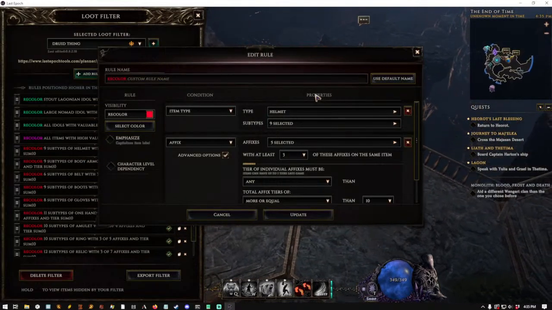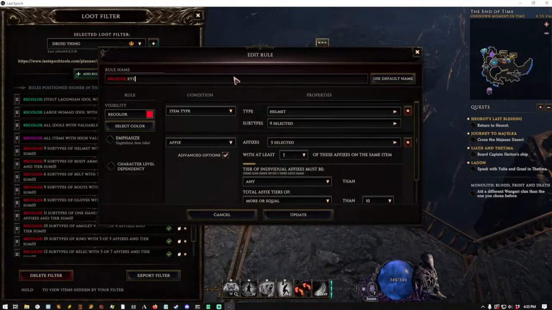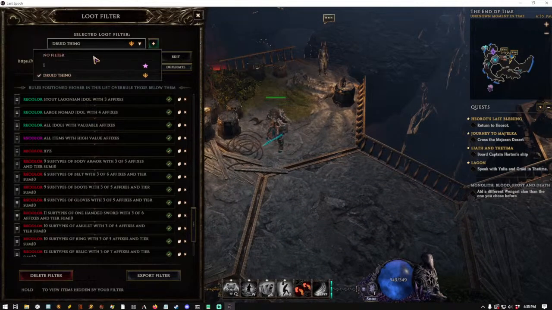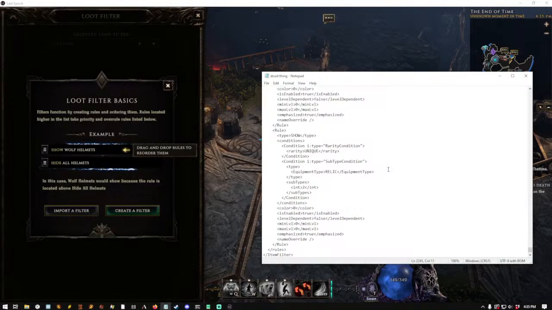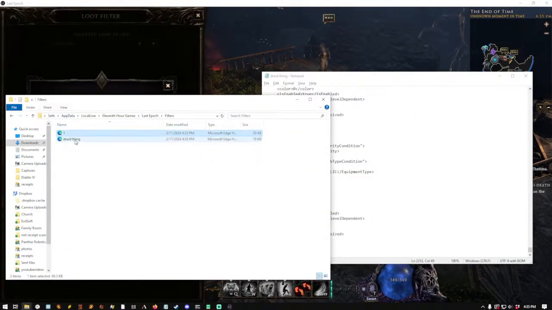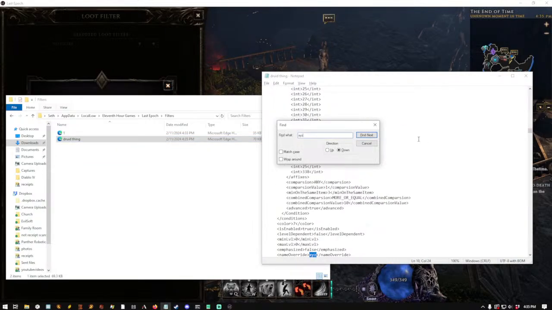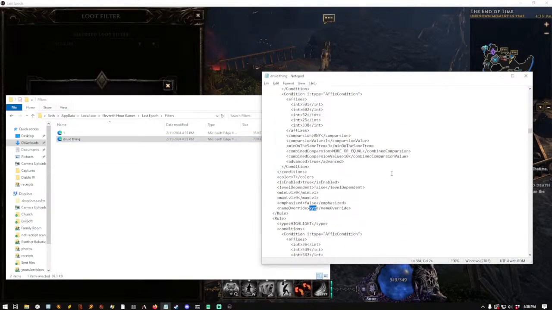So edit rule name, call this XYZ. Okay. We'll click off of it just for the sake of it, and reopen the file in case Notepad doesn't do it. So if I find XYZ, okay, I have this rule,